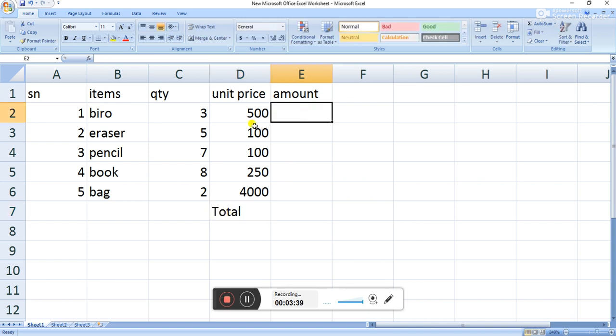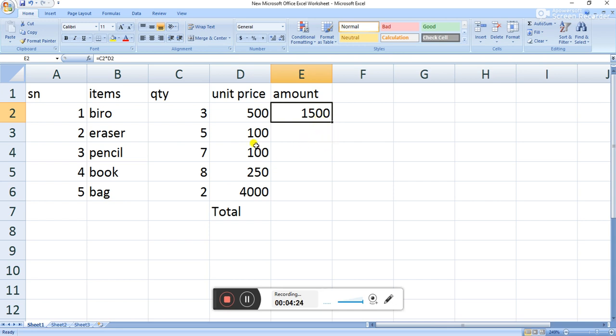First of all, for us to get the amount here, we need to multiply this cell by this cell. This cell address is C2, while this one is D2. So I'm going to use an Excel formula to put in the total amount here. The first thing I'll do is type equal to, then I'll press down my shift key and select the first cell, then I'll type asterisk, which represents multiplication. Then I press down my shift key again and click on this second box, so we can see the name automatically appears there. So what I'm doing now is multiplying C2 times D2, and I'll press enter. Once I press enter, this cell has already been computed to calculate these two, and the total number is